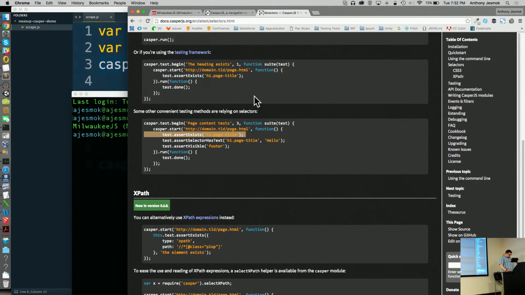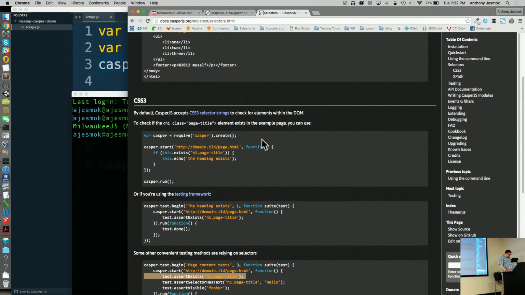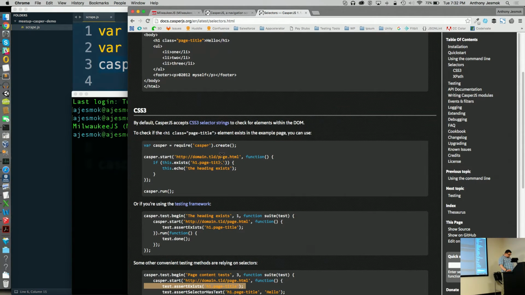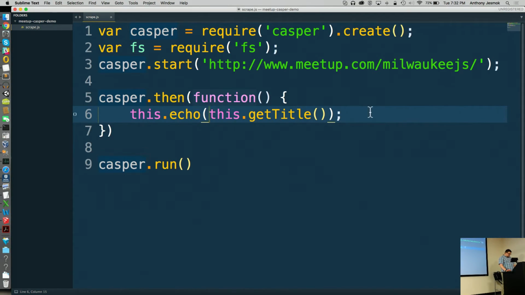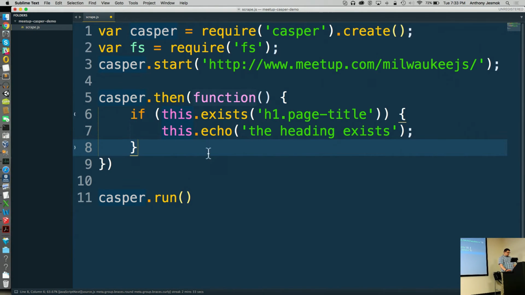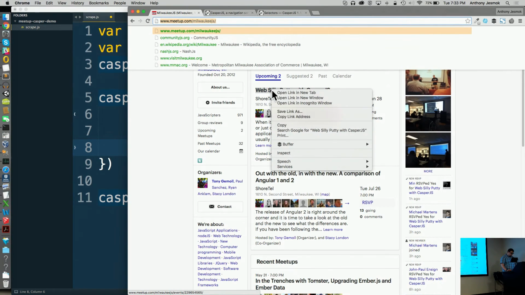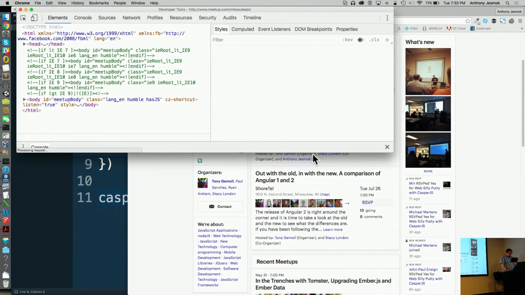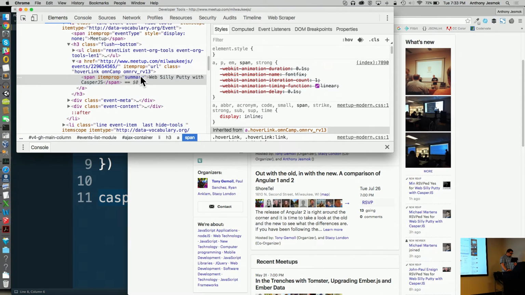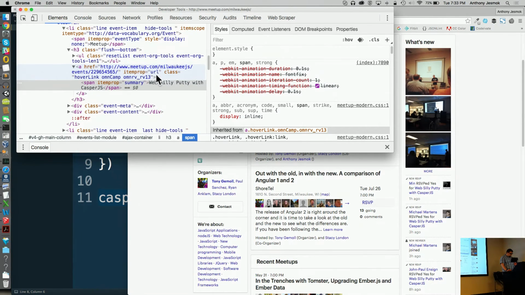Let's get started with, I'm thinking here. We're going to get started with a CSS3 selector. So it uses either XPath, DOM, or CSS3 selectors. What I can do is inspect, and I'm going to inspect what this page contains.